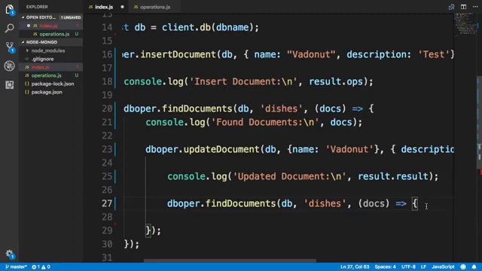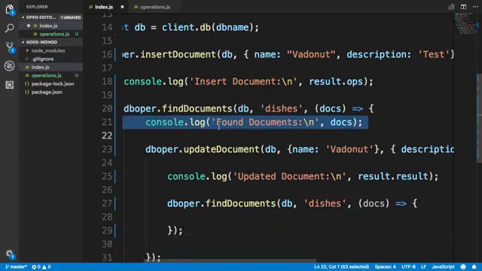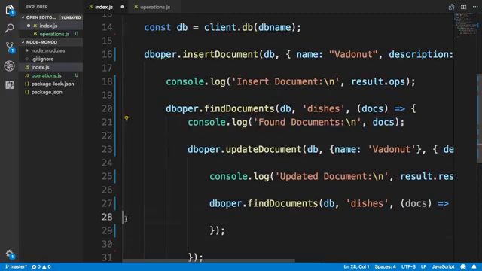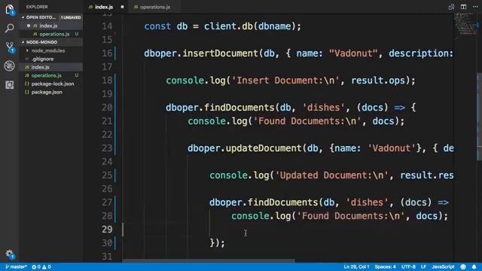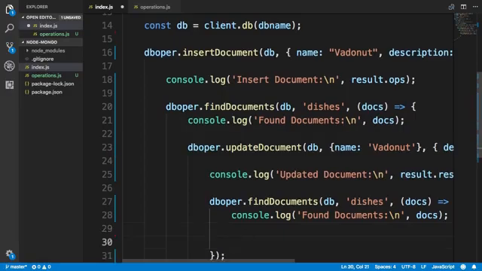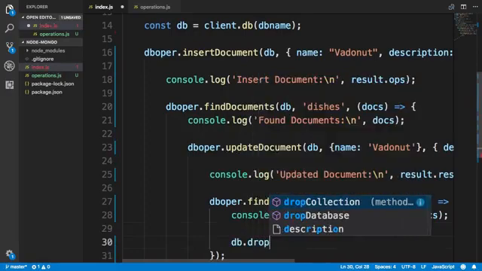And then finally, when I'm done with this, I will simply call db drop collection. So I'm going to delete this dishes collection so that I will clean up my database, because for the next exercise, I want to start with a cleaner database. So I'm going to clean out the dishes collection,